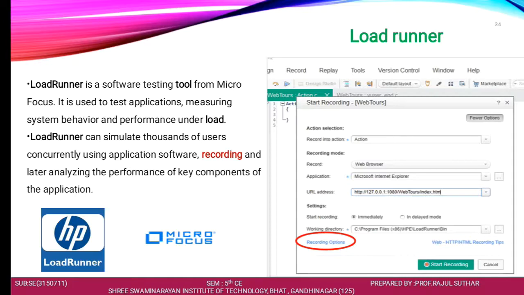It also provides a recording facility and later analyzing the performance of key components of an application.